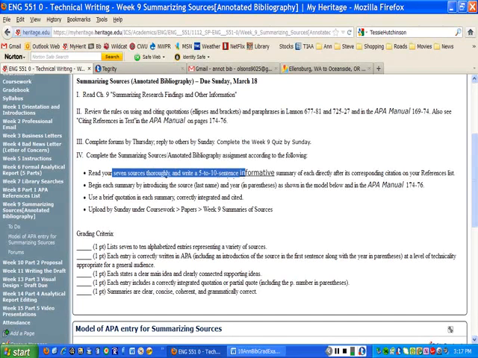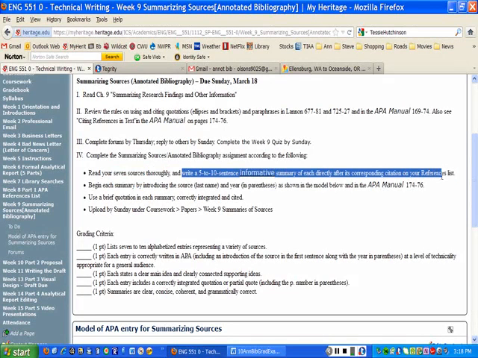So right now, what I'll ask you to do for this assignment is to take that references list, and in between the actual source citations, you write a 5 to 10 sentence informative summary of each